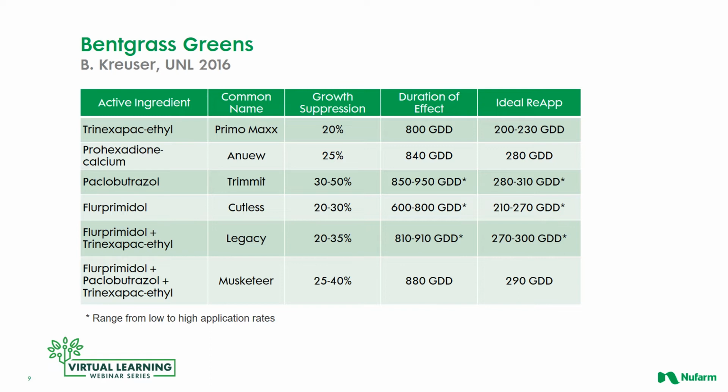So a little bit better or more intense growth suppression from Anuew, but it's this reapplication that I want to really look at. And so you're getting longer duration of growth regulation from Anuew than you are from Primo Max. You're getting about 50 more growing degree days, which translates on average into about 2 extra days, depending on what season you're in or what the air temperatures are. And so that may not seem like much, but I'm going to talk about why that would matter to you